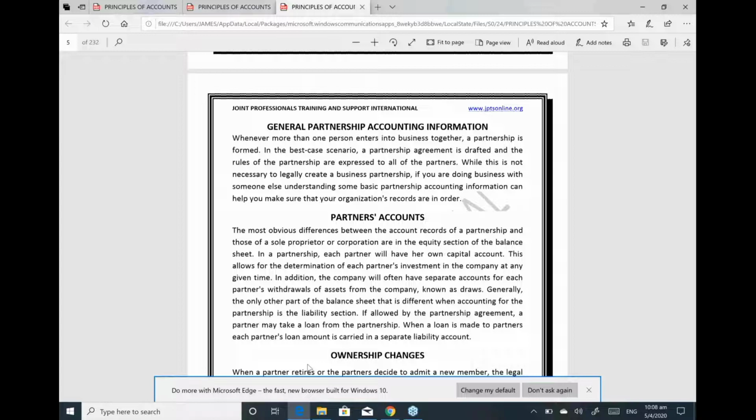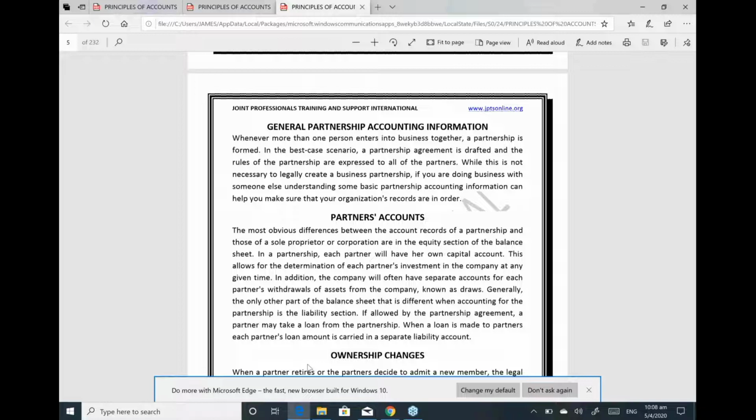But today, I want us to look at the statement of partners' equity. The statement of partners' equity starts with the capital balance at the beginning of the accounting period and reflects additional investment made by the partners during the year, net income for the period, and withdrawals. So we look at the partners here. We look at the capitals. The two partners had a capital of 40,000 and 30,000, which gives us 70,000.